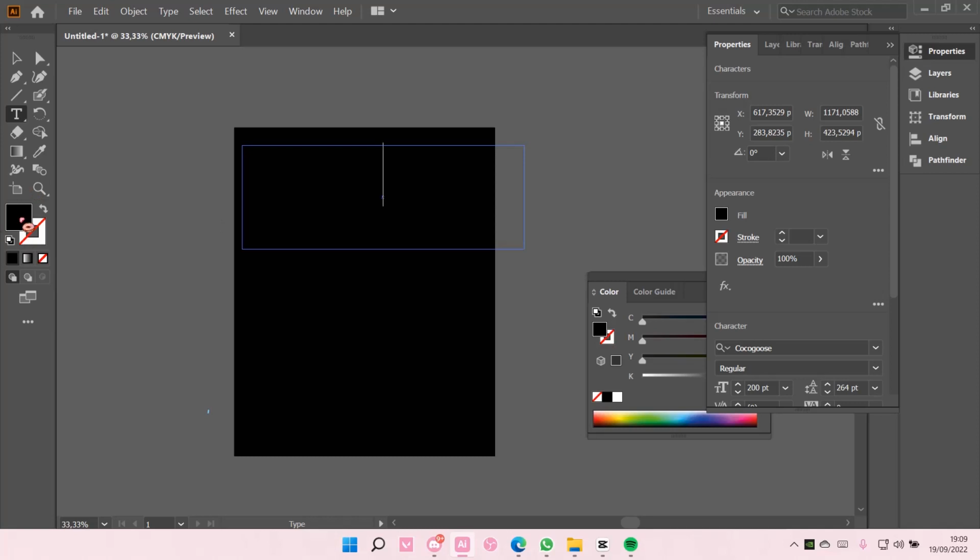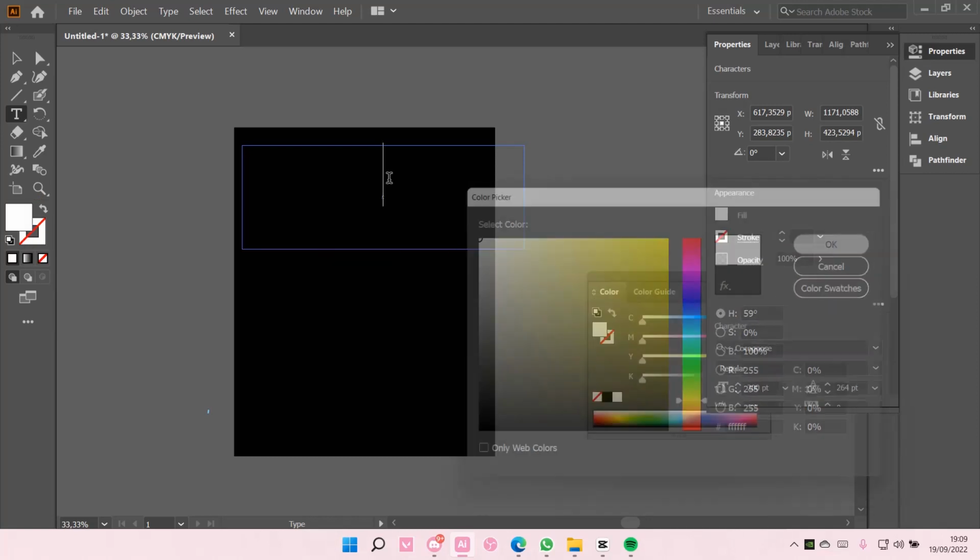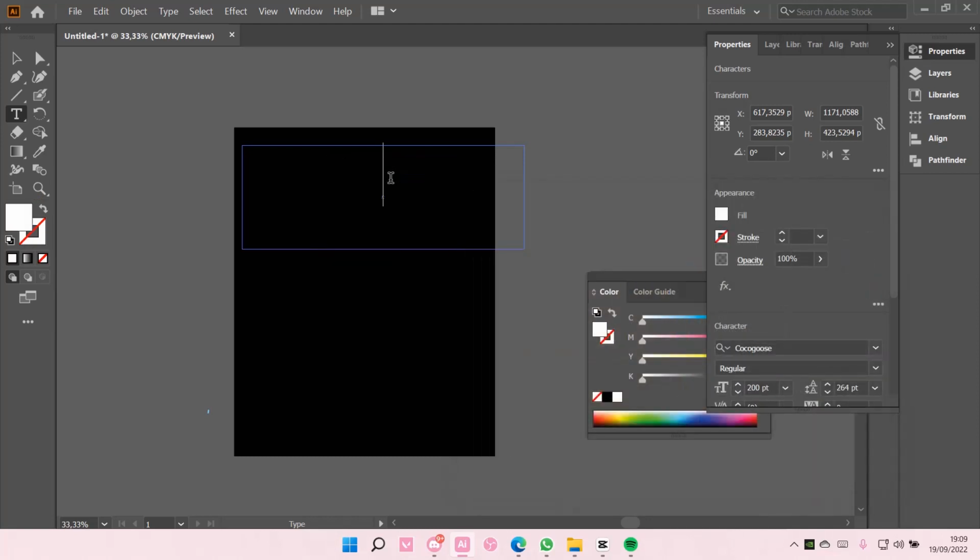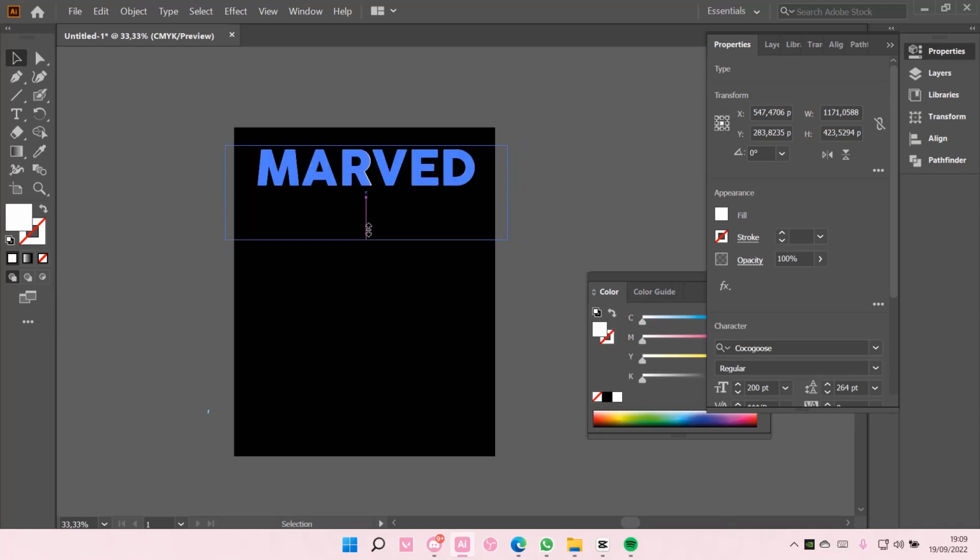Change the color and type down the text like so. And once you're done, you're just going to press Ctrl C on your keyboard and Shift Ctrl V,